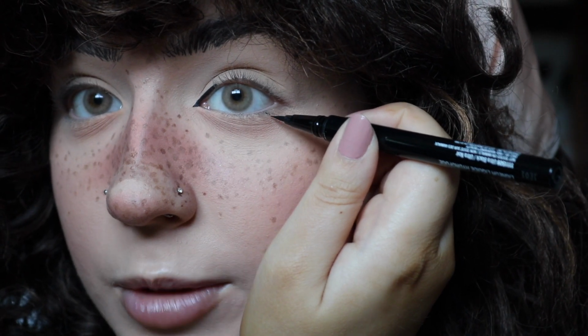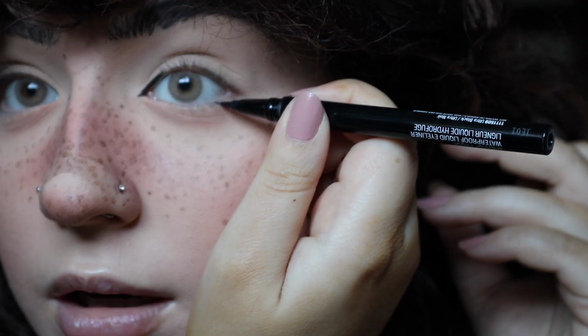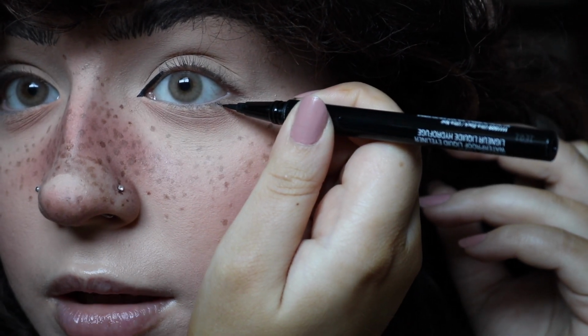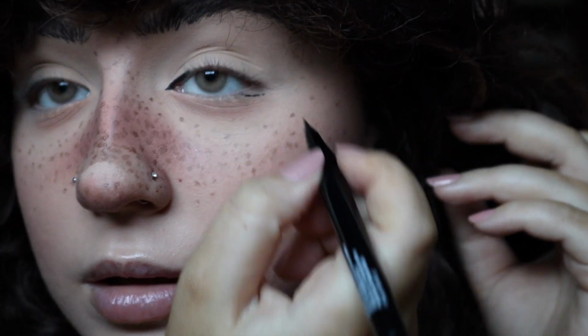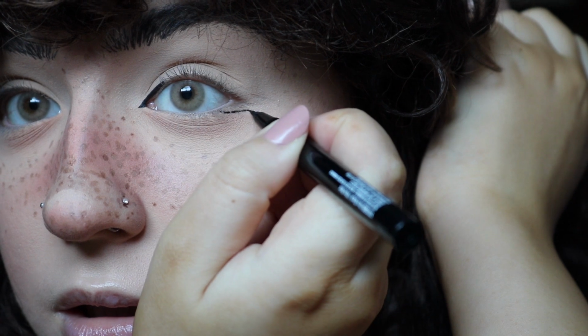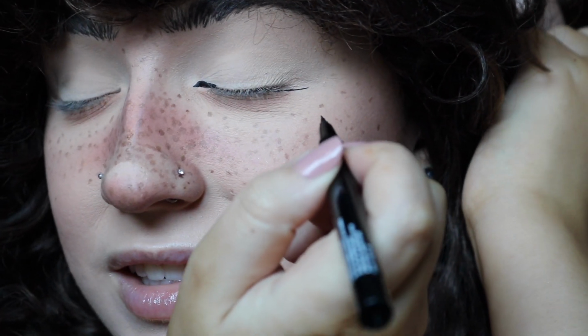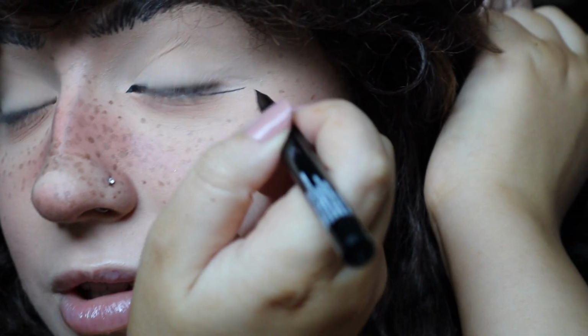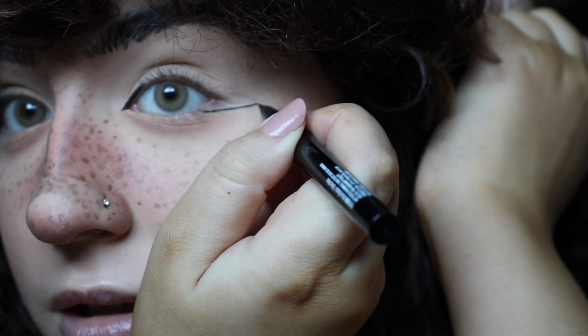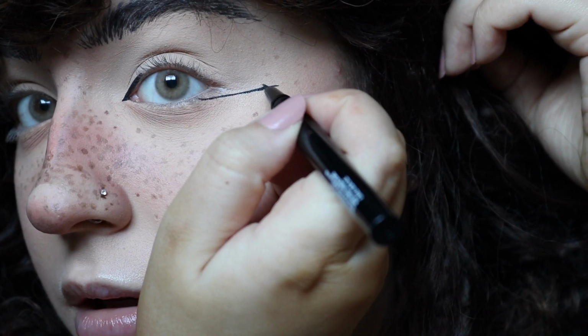You do not have to mark it. I go about right here. And then I dip down a little bit. Ooh, this is so nerve-wracking. And then go up at the, like, slightest of angles. And again, will this change because I will mess up? Yeah. And then from there,